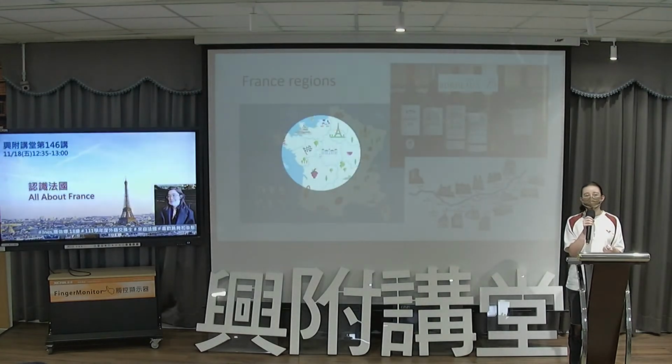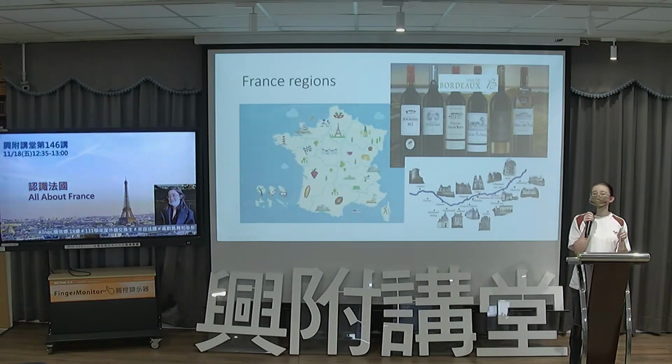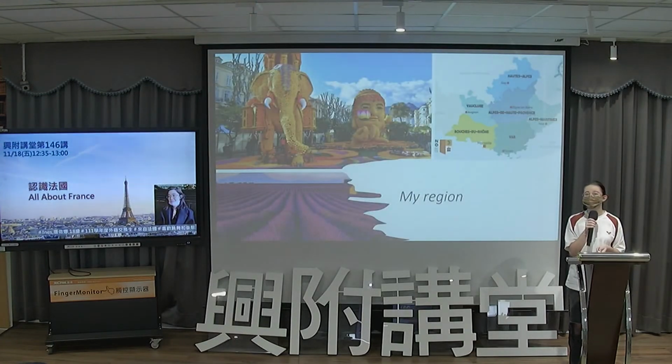There is also this part of France which is known for the castles, because there is a long river with multiple castles from the 16th to the 18th century. And there's also my region, situated in the southeast of France, next to the border of Italy. We are known for our lavender fields and perfume, but also there is one event in my city, the lemon festival, because we are known for our lemons, the drinks, the food. Each year there is a different theme, and we create figures out of oranges and lemons.